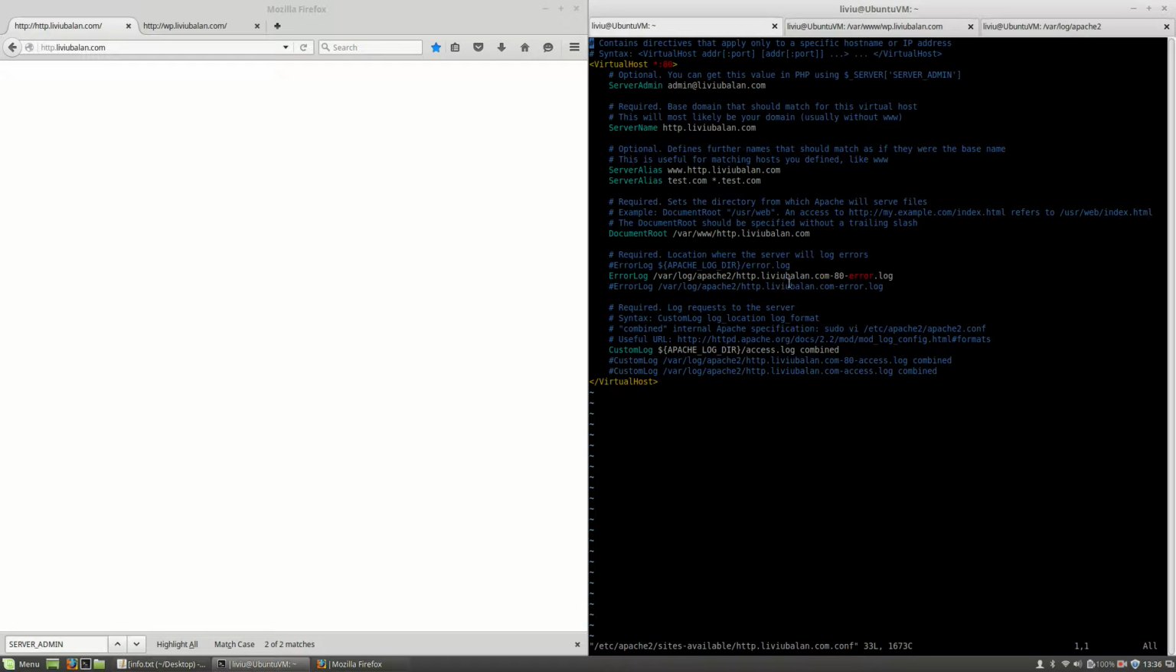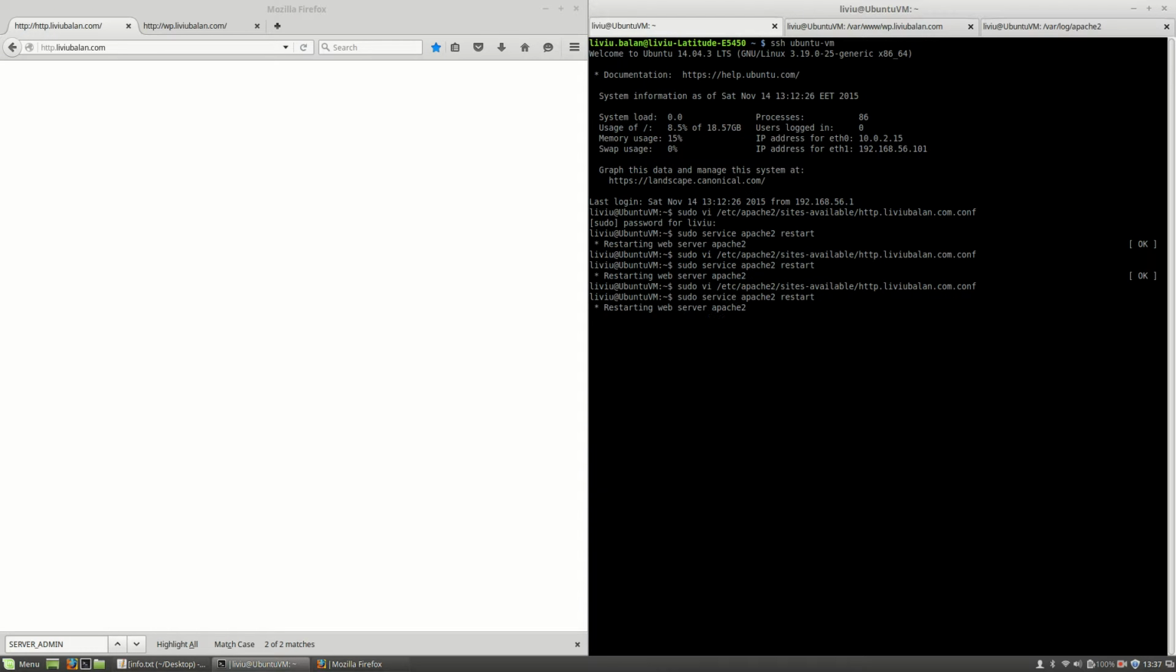If you use, like me in this case, a single virtual host for a single server name and server alias, you can change the format of your error logs like this one. So /var/log/apache2, then you will use the server name and then -error.log. If I save and restart the Apache web server,